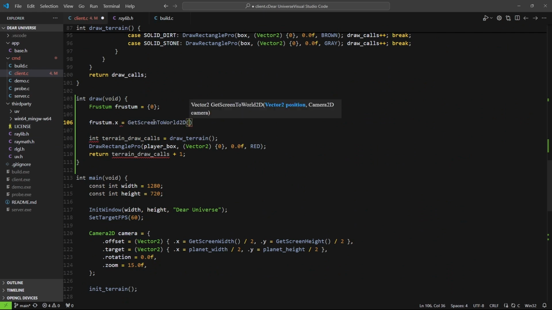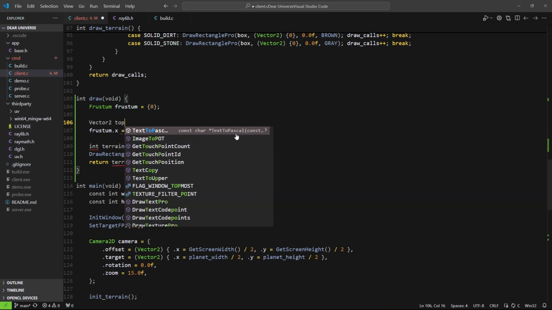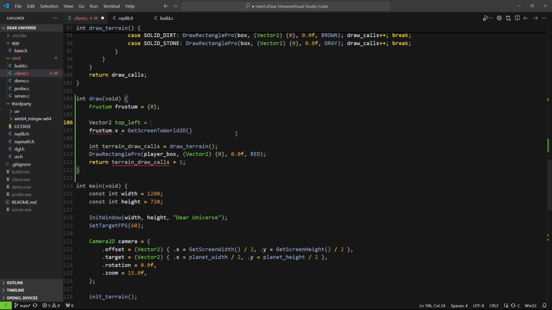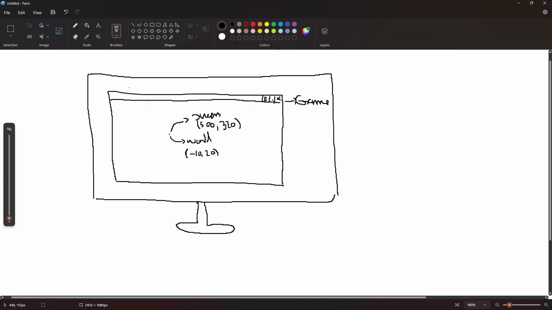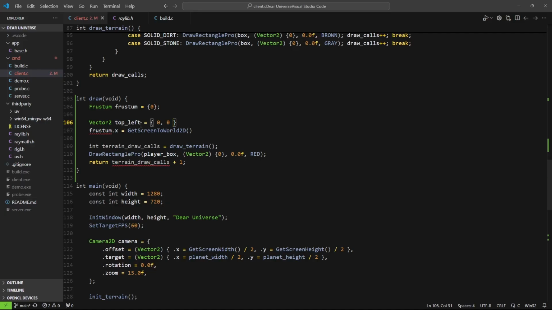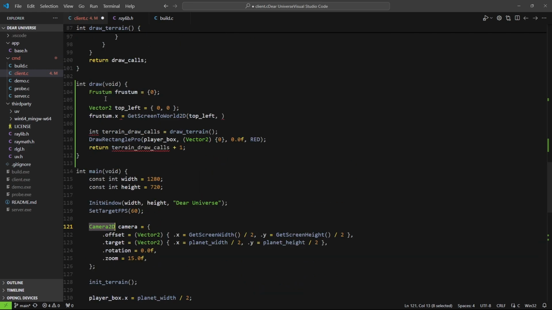So I can get the screen coordinates into world coordinates, and here I can just pass a vector 2. Well, I can say top left, and here I'm going to say 0, 0, because in my window this is the top left, right? So I want the top left, actually let me point at the actual drawing. So I want to get this point, the top left, and the bottom right point, so I can calculate the frustum, right? So this is the top left, and then I need a camera actually,